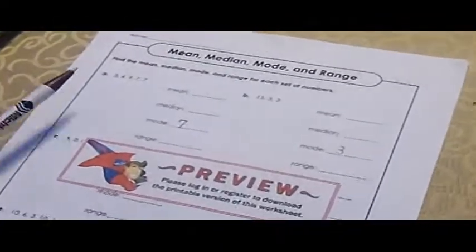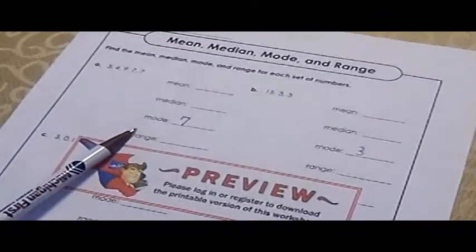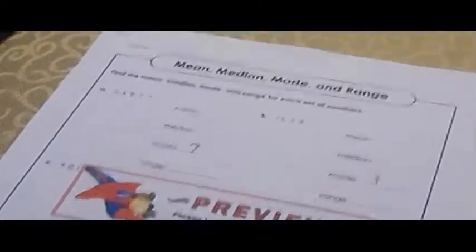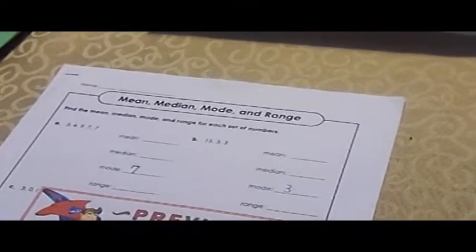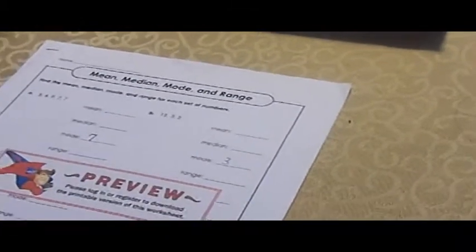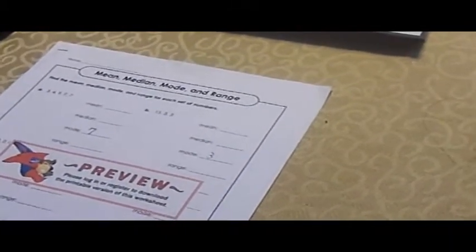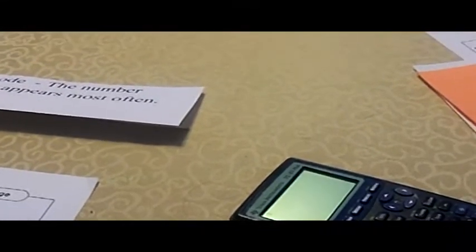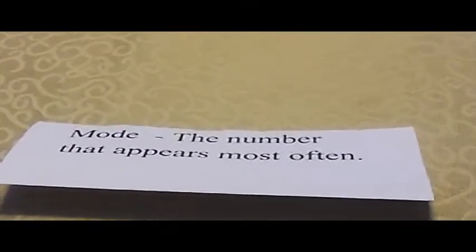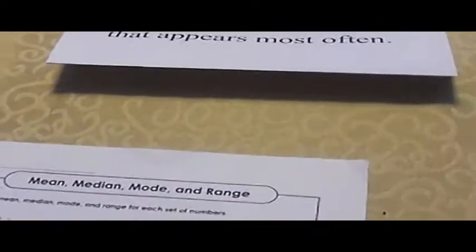Okay, let's review this before we move on to the next vocabulary. The number for letter A, we said is number 7, would be the mode. So, could you please define mode for me again? Mode is what? The mode number is the number that appears most often. Okay, the number that appears most often. Okay, let's move on to